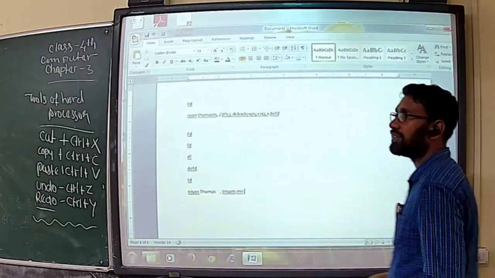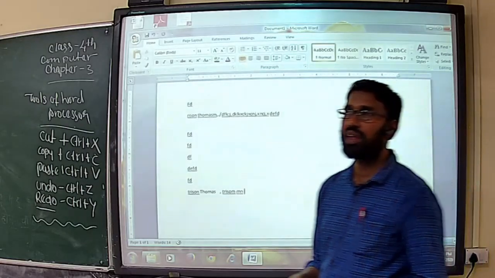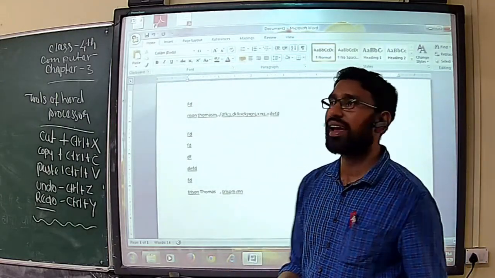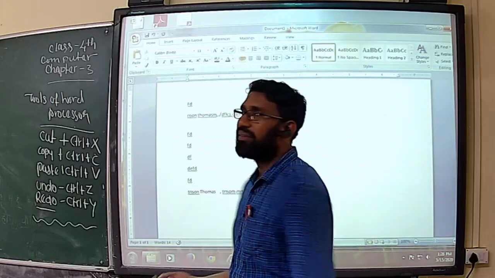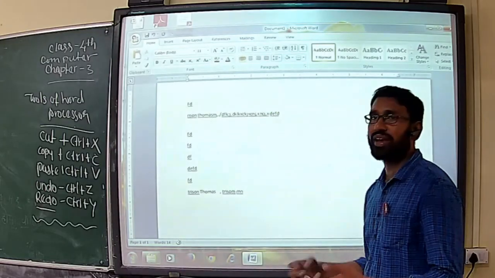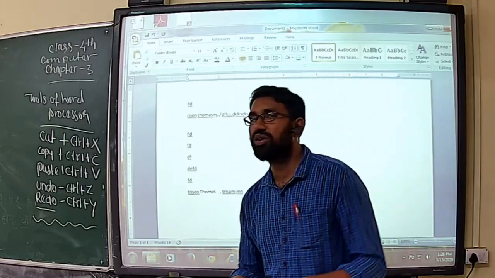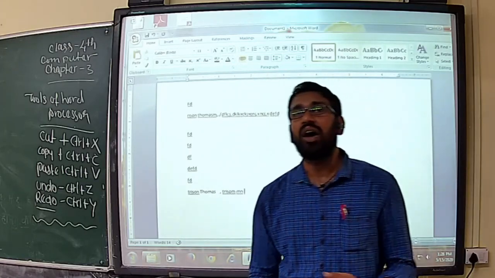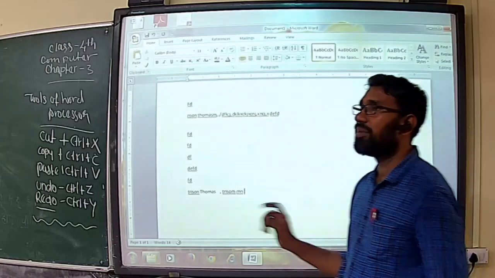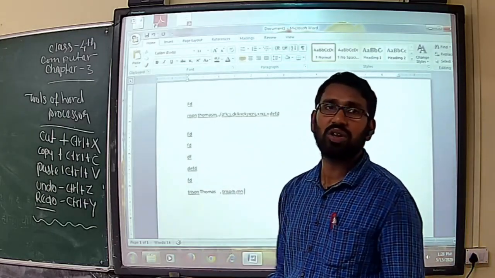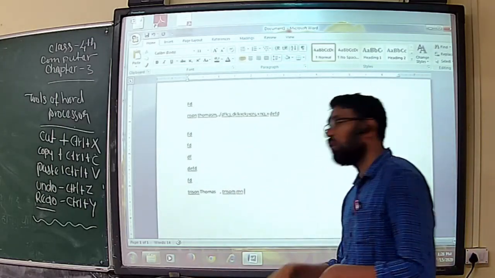It means punctuation is missing, or you are giving more space. So a red wavy line comes when you have spelling mistakes, and a blue wavy line comes when you add punctuation wrongly, or you put a semicolon or full stop wrongly.